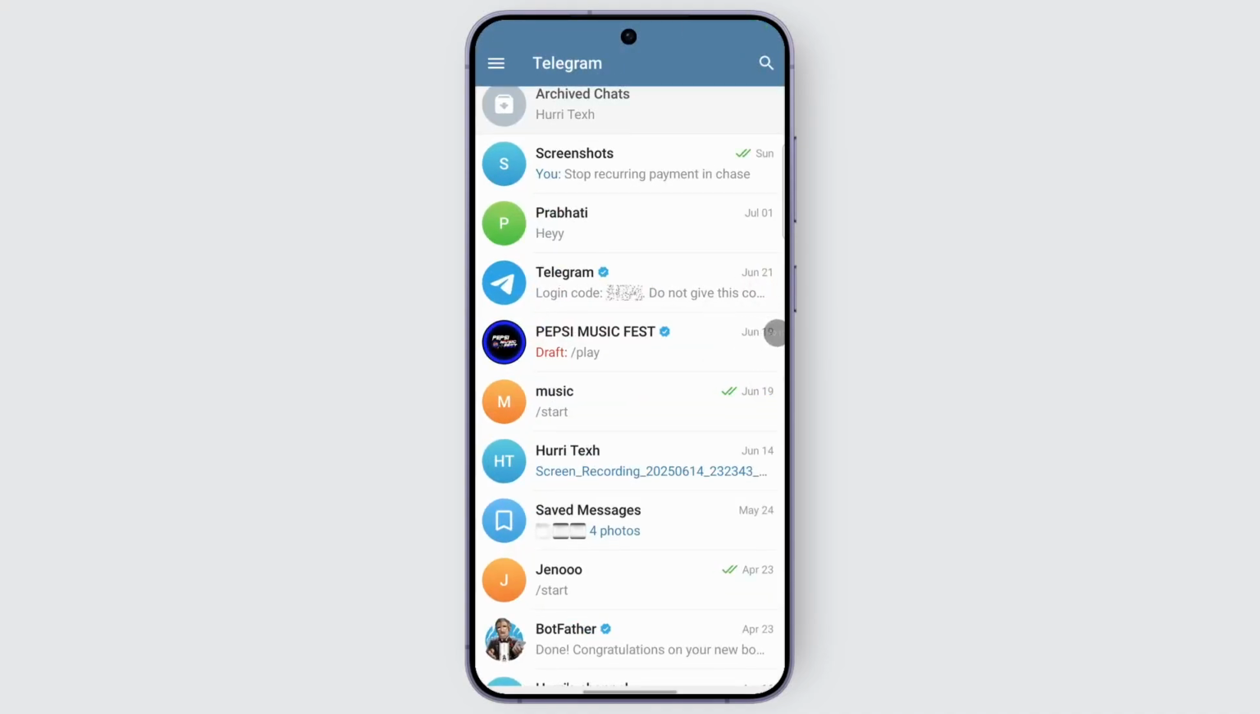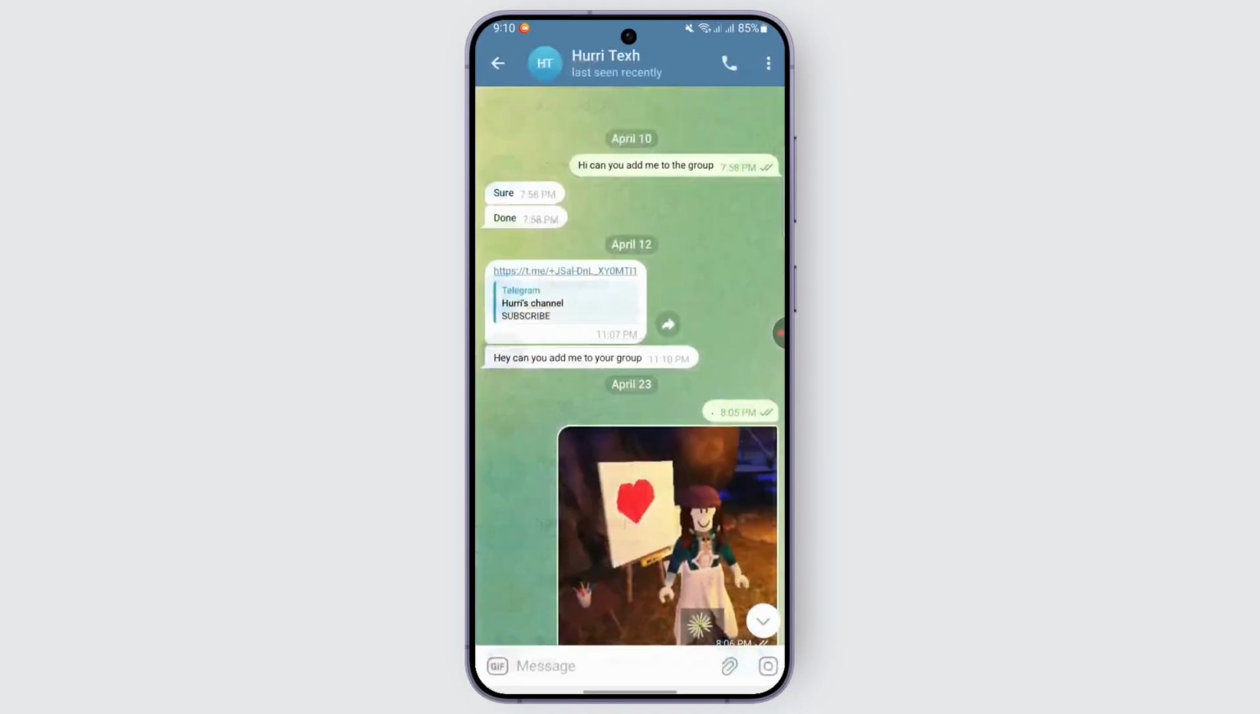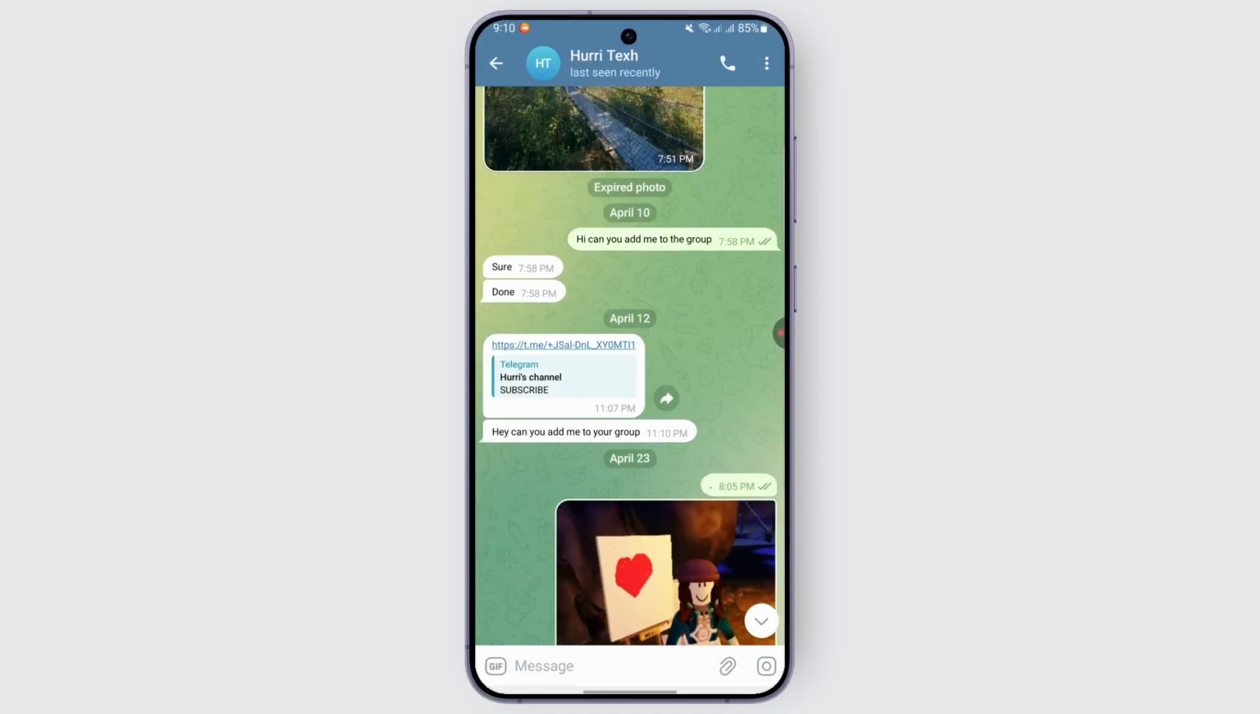and once you open it up, you should be finding this interface with chats on the home screen of your Telegram. Now what you may do is head over to the chat where the link is available. If the expired link is available, you can head over to one of the chats, for example this right here. So if you're trying to open up a link that has already expired,